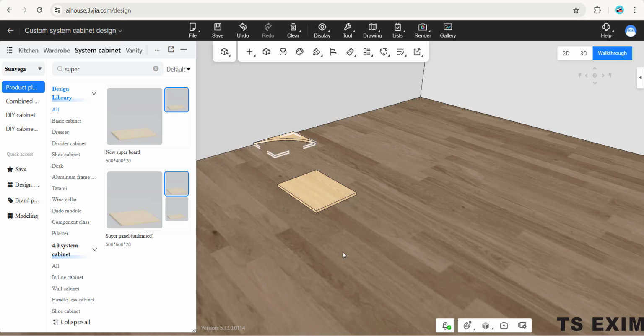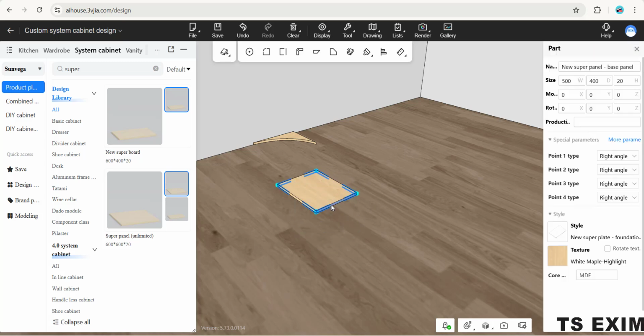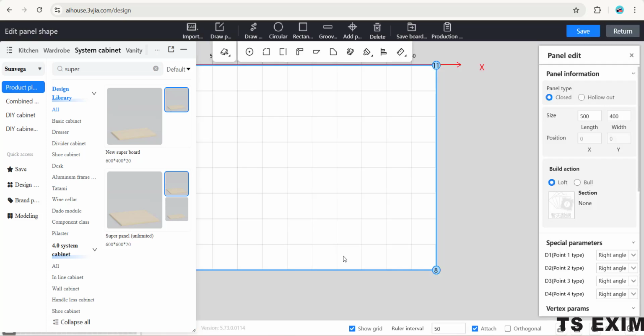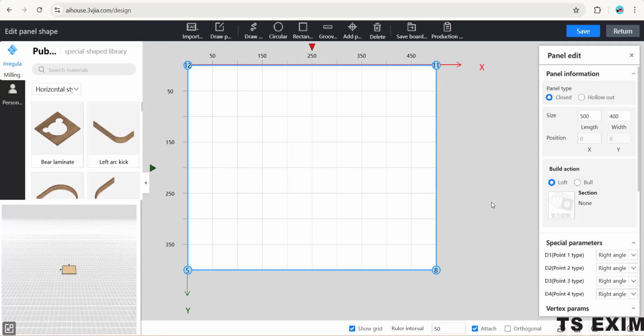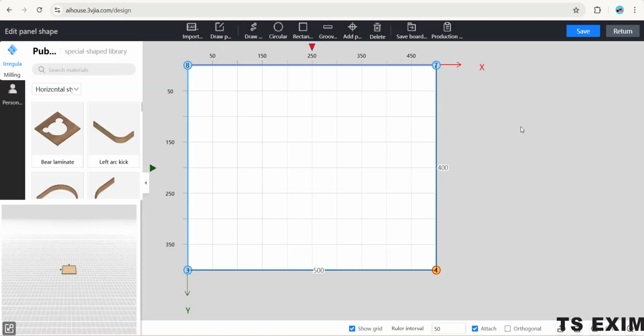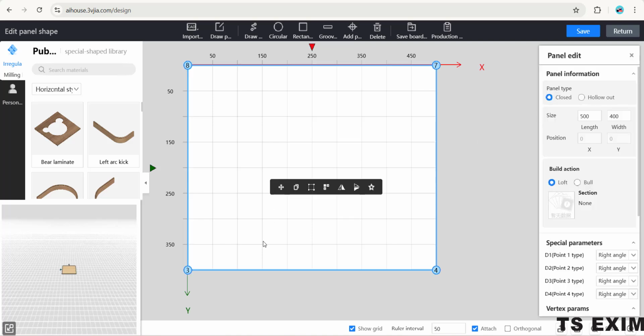So next, come back into B mode. You press B on your keyboard. Click on your panel. We need to edit this panel. Click on your panel, right click, edit panel shape. Same goes as the previous panel. Click on these edges, and then you make it join. You merge them. You join it twice, and then you click back to the corner